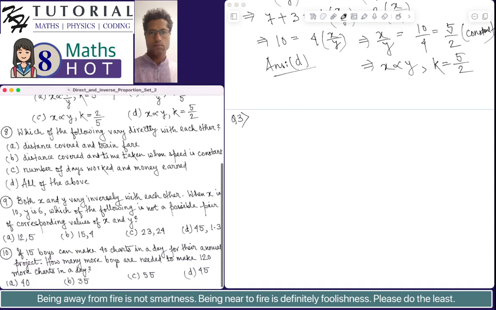Which of the following vary directly with each other? A, let's see all the choices. A is distance covered and train fare. So if you consider D as distance covered